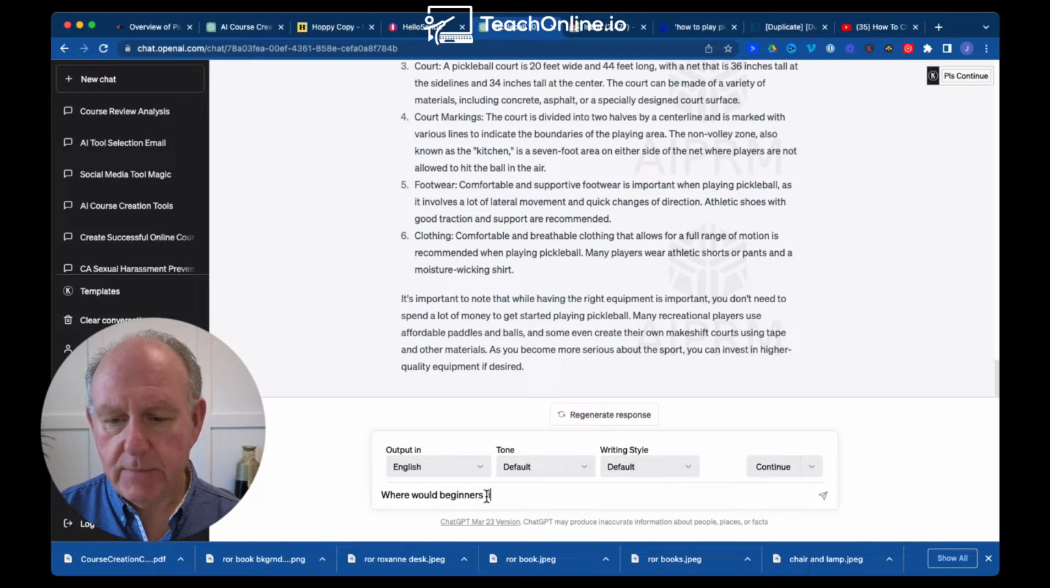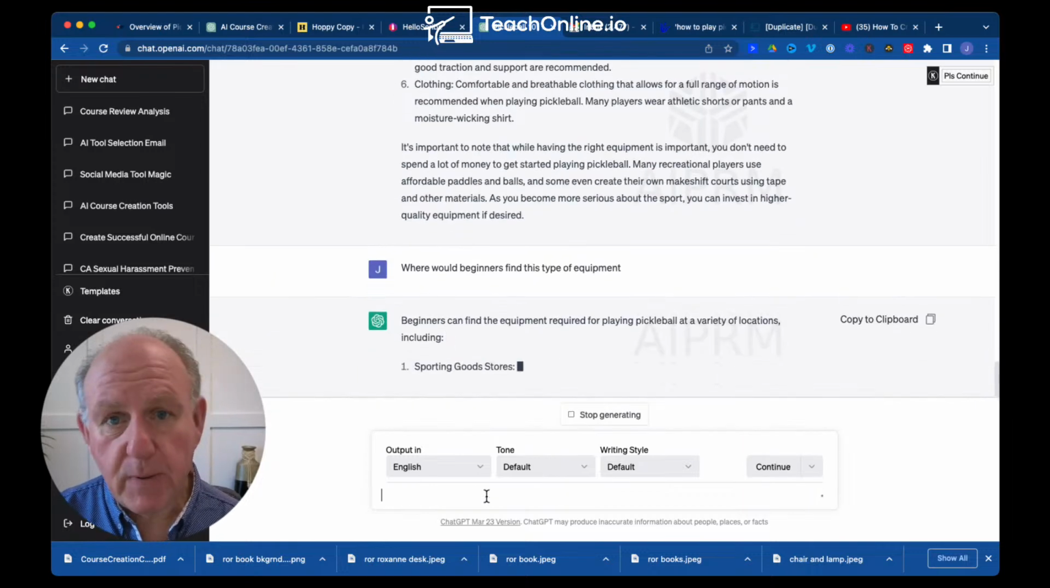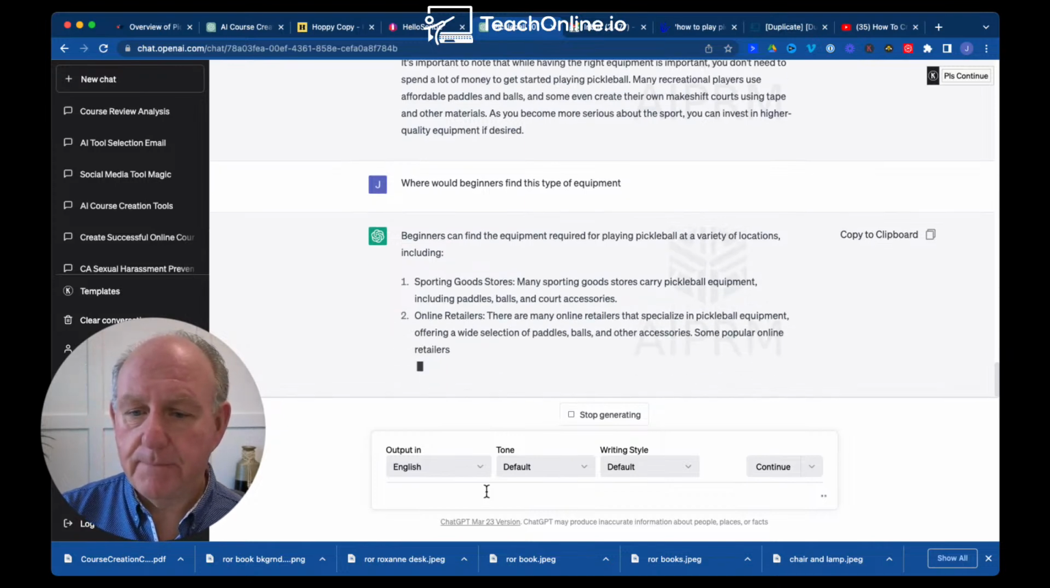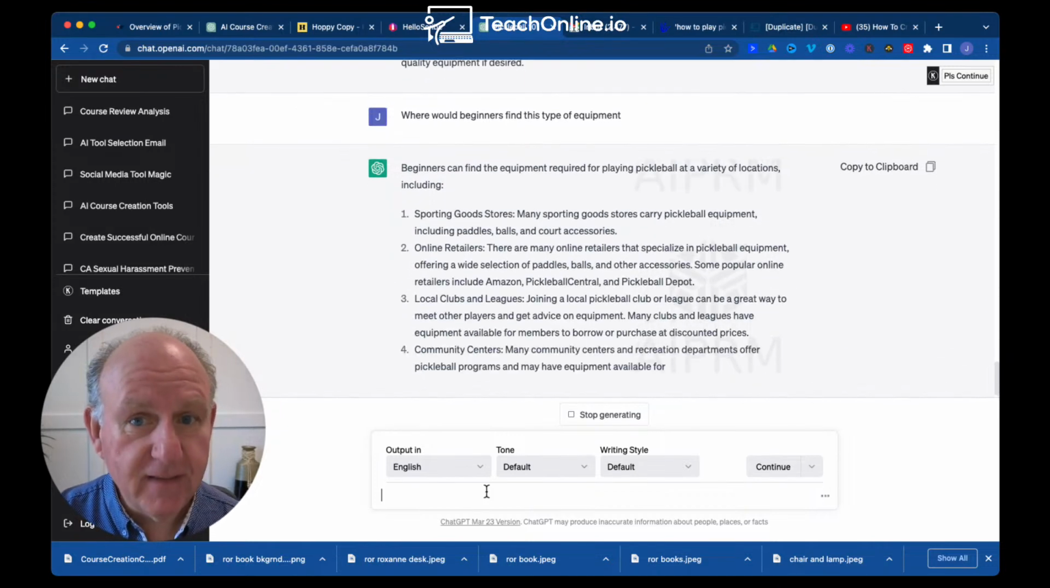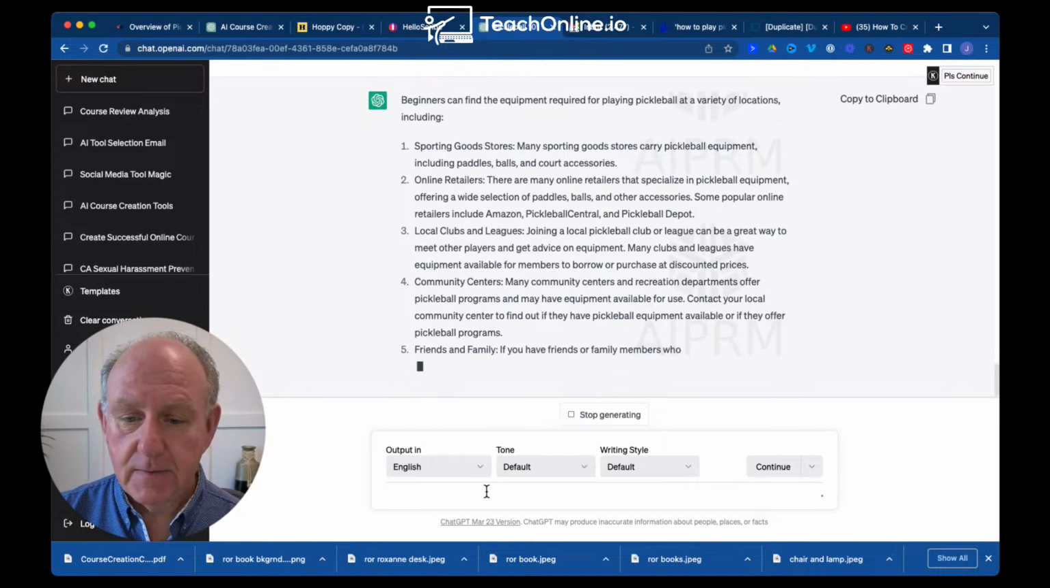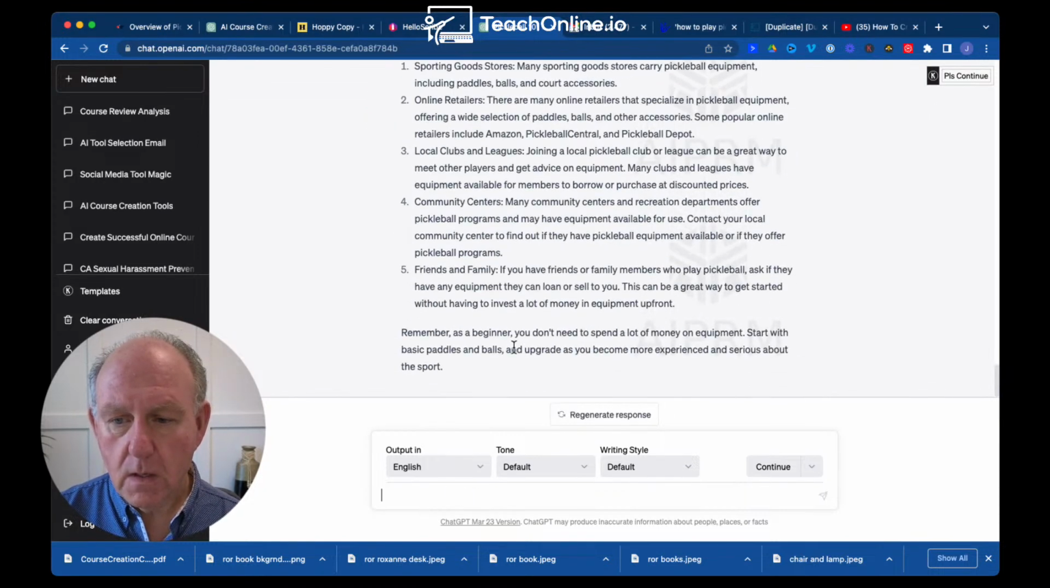we would just ask and say, where would beginners find this type of equipment? And again, because we're asking questions in and around it, it's telling us more information that we can use in the course content. And it says, don't need to spend a lot of money. Start with basic paddles and balls. We can just say, what is a good budget for